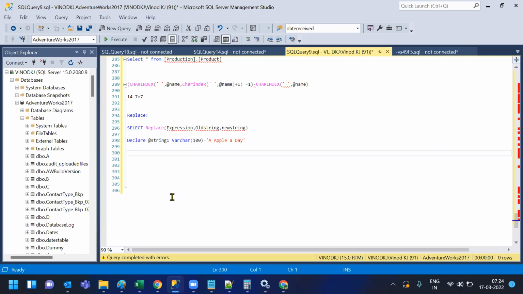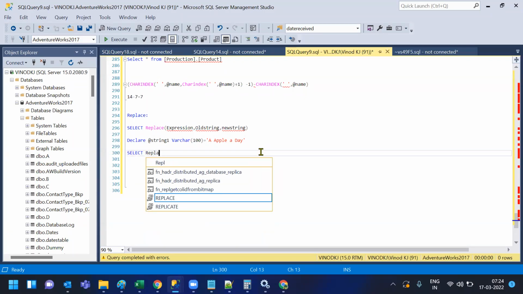Usually replace works like this: the expression we write as the first argument, and then the whole string. Whole string means we can replace everything, or if you want a keyword replaced, we can do that. Whatever the third argument we are providing, it will replace with that. For an example, select replace of